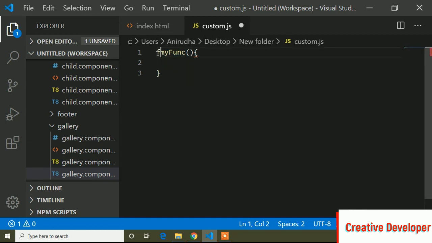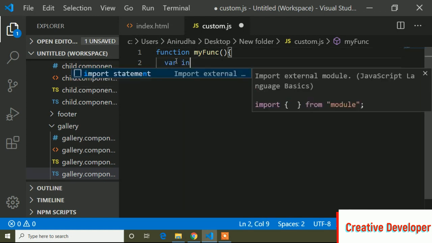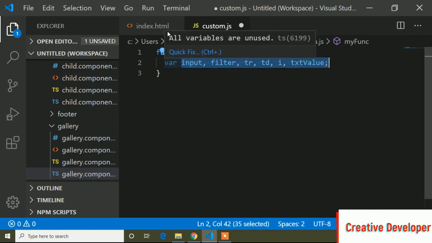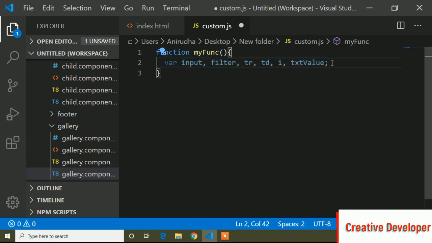Here I will write function, and I will take some variables: input, filter, tr, td, i, text value. You can write any name for these variables, and inside these variables I will assign our ID and classes.